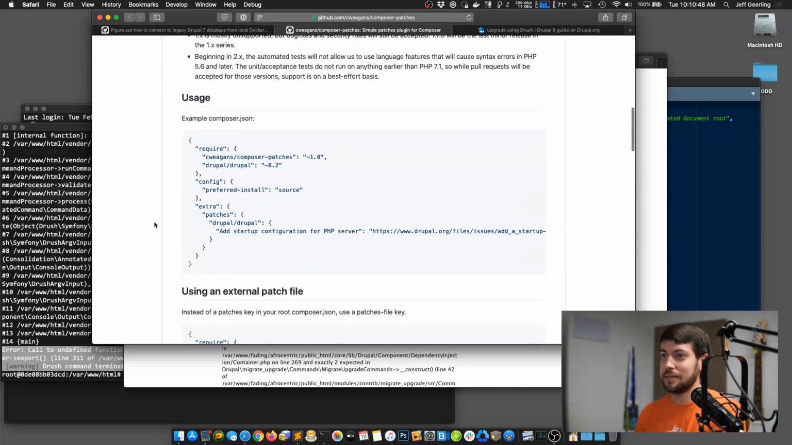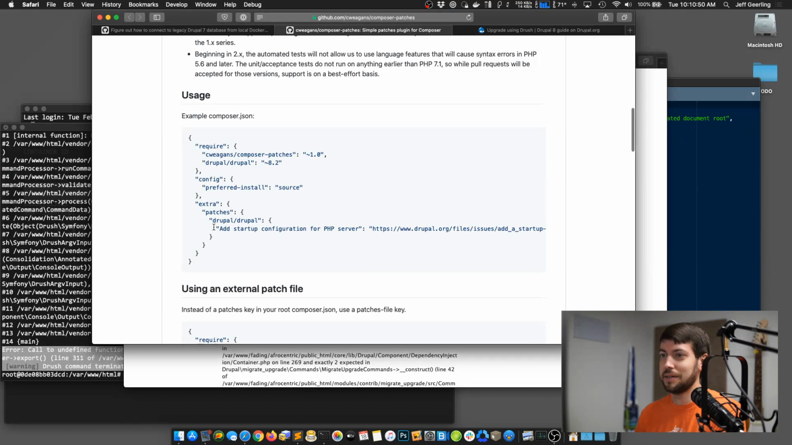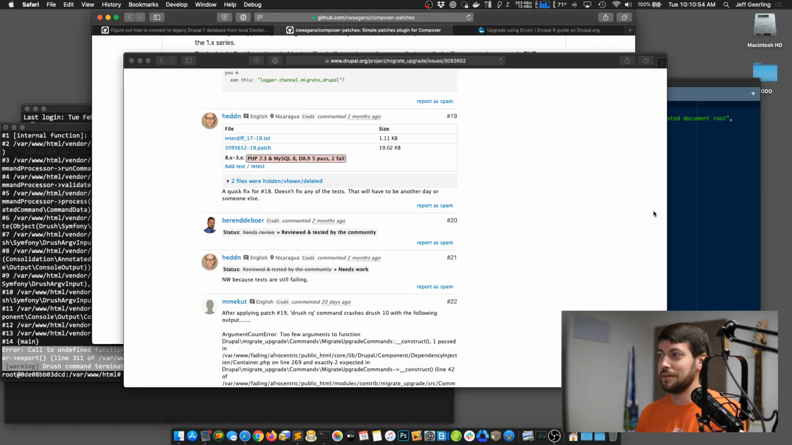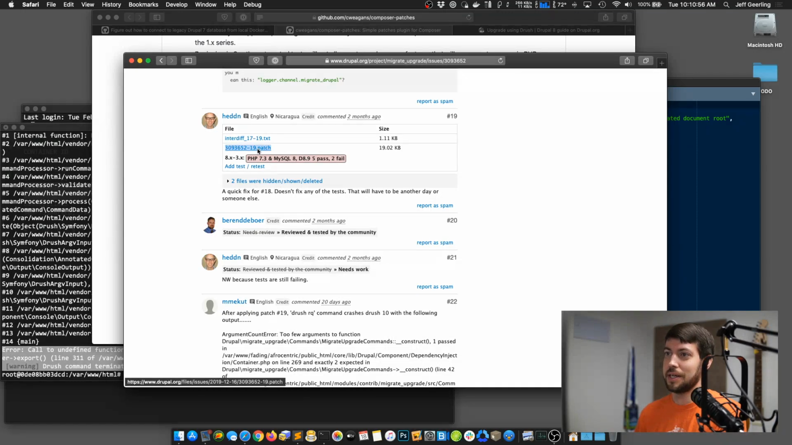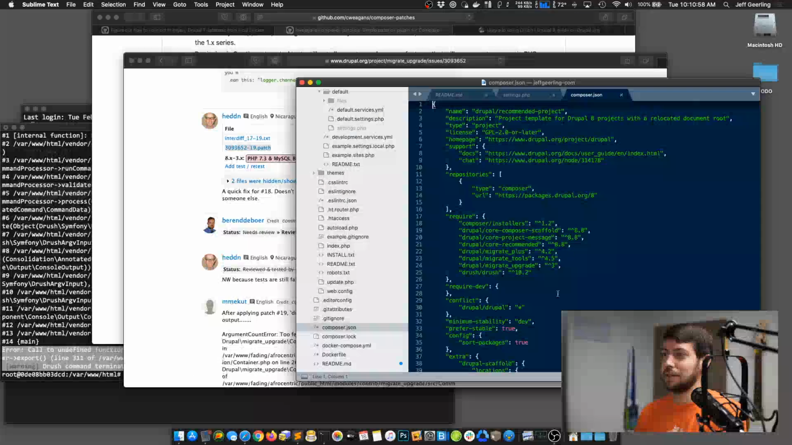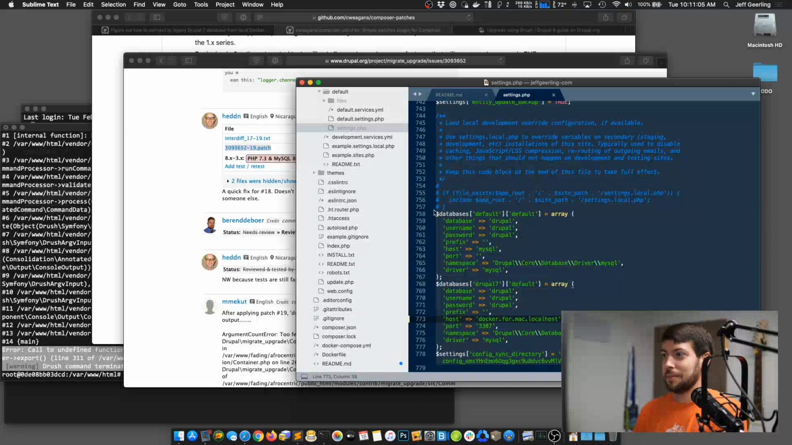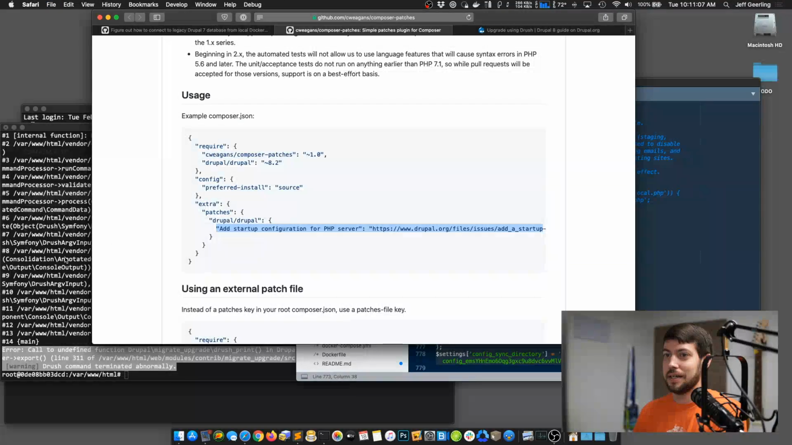For now, just know that there's this cool Composer patches utility. And it's relatively easy to set up, and all you have to do once you have it running is add a line for each patch you do. So if I wanted this patch, I would copy the URL and I would put it into a Composer patches section in my composer.json file, and then run Composer install. But we're not going to do that. Instead, I am going to